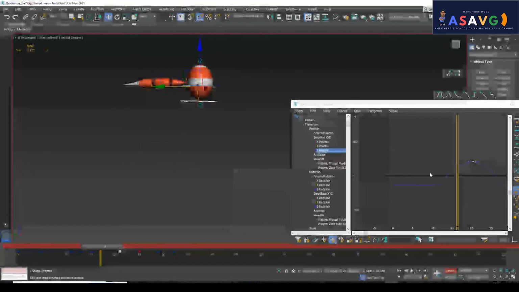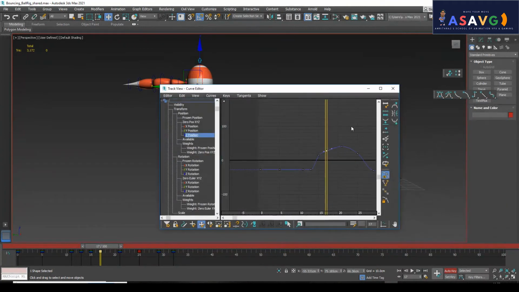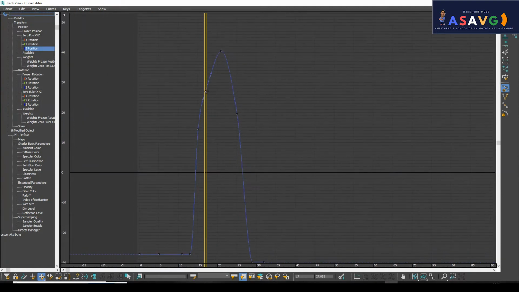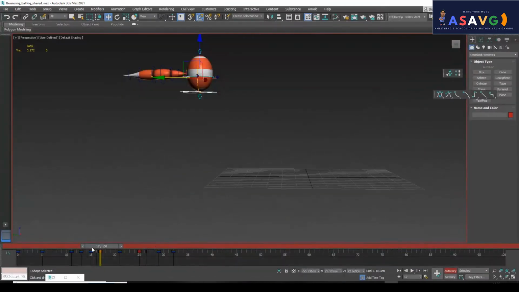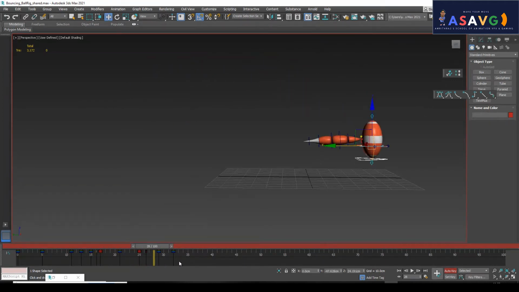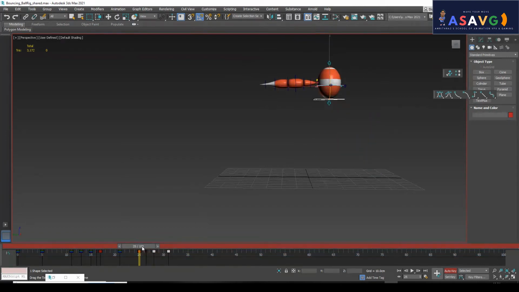Look, so I will make a curve also in this area. Look at the curve, you can see the curve, right? So I will zoom in more and make him more up. This area also I will make him more up. So at this timing we will get the top position. The tangent also you can make a little bit different, so you will be getting more time for the jump. The character is in the air, we will get more timing. Okay, down. In this area we have to make him come a little bit faster.